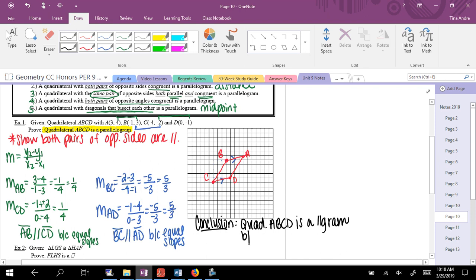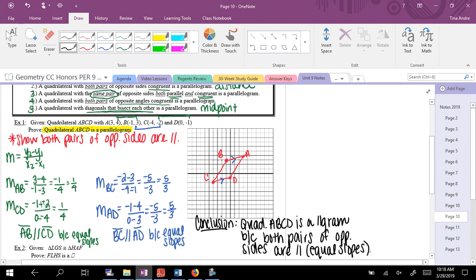And then because, make sure that your explanation matches your work. So meaning I shouldn't say because both pairs of opposite sides are congruent, even though that's a true statement, I didn't prove that. So we have to make sure that you use what you've proven. So you've proven that the opposite sides are parallel. So quad ABCD is a parallelogram because both pairs of opposite sides are parallel. And I'm just going to write in parentheses equal slopes